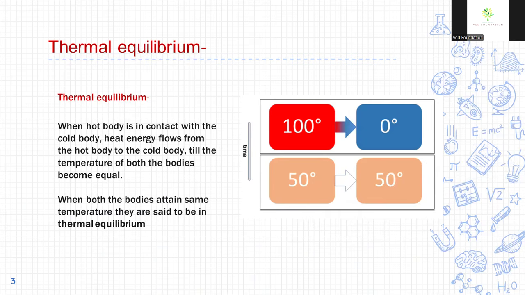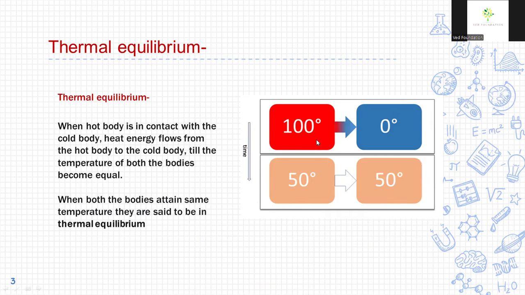Thermal equilibrium. When a hot body is in contact with a cold body, heat energy flows from the hot body to the cold body till the temperature of both the bodies becomes equal. When both the bodies attain the same temperature, they are said to be in thermal equilibrium. In this image,